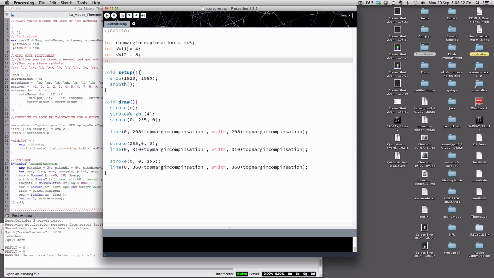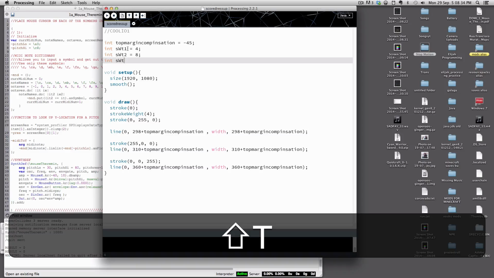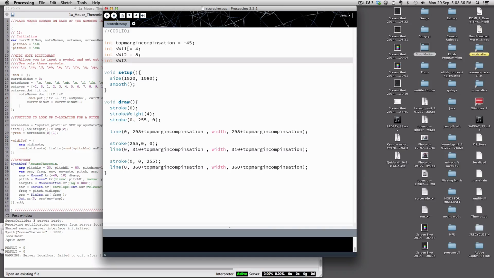And then I'll have a thin one as well, and then we'll make that equal to, say, 3. Okay? And so if I wanted to, say, emphasize one note over the others,